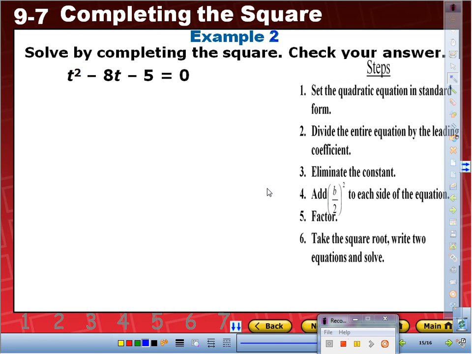Step 1, is it in standard form? Yes. Step 2, divide the entire equation by the leading coefficient. It's 1, so it stays the same, so I'm going to leave it the same. Step 3, eliminate the constant. So that means I add